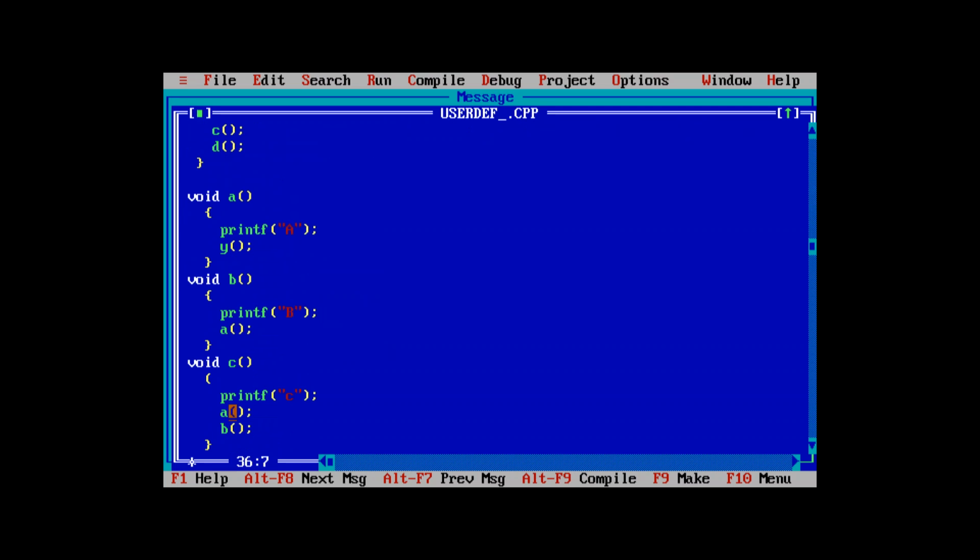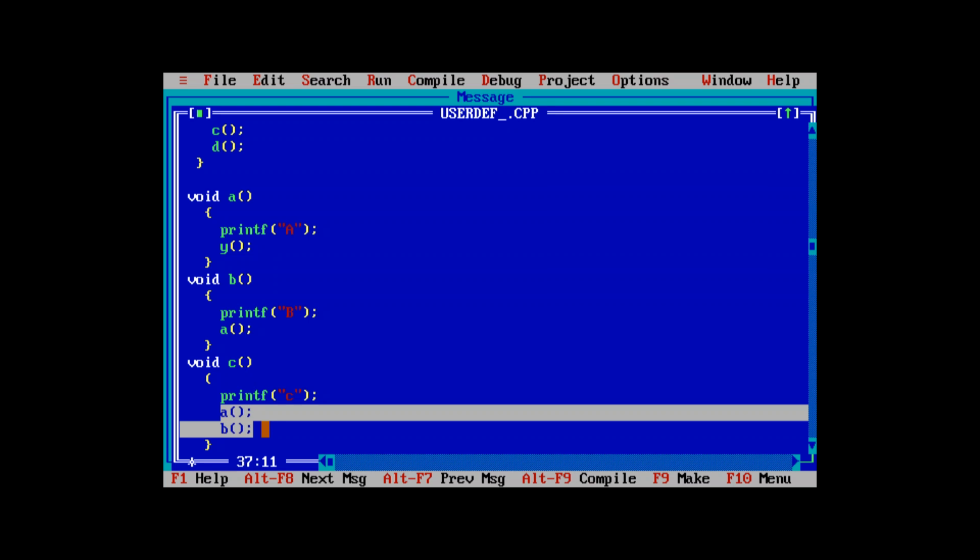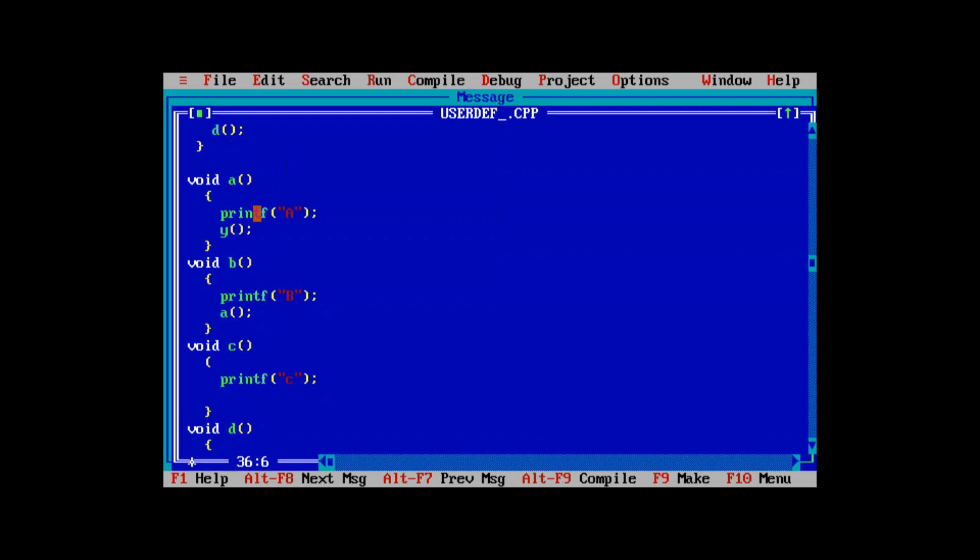So this is the program that shows how user defined functions are available and how we can call them at multiple places. There is a B, there is a C, there is a B. In the 30th line, in the C part, there are two parts. Now, if I declare this one above, that is after the C, and this is above the C. If I cut this one and print over here,